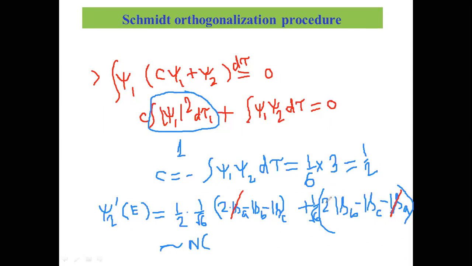Then what happened, you have 2 into 1SB, and then here half 1SB. So it's basically coefficient comes 3 by 2 by 1 by square root of 6, right? I'm not going to go for the coefficient because I have to normalize. So this is going to be 1SB